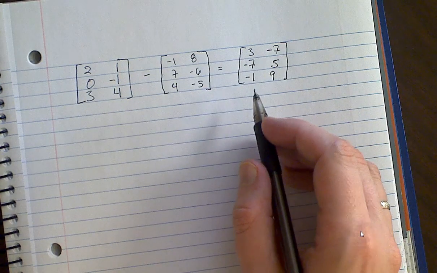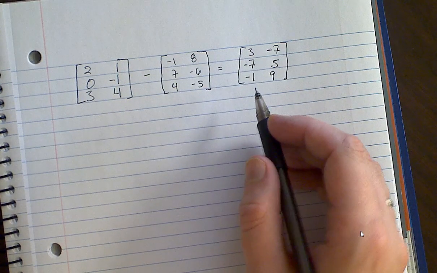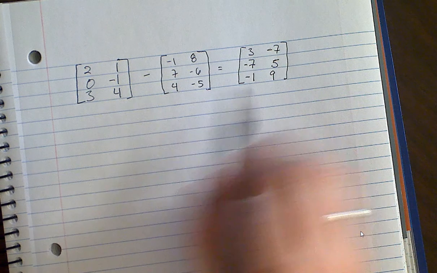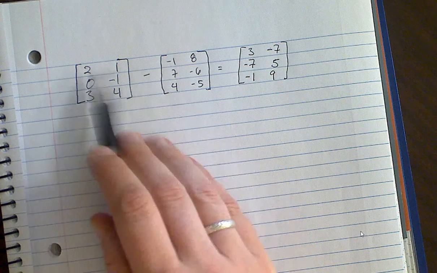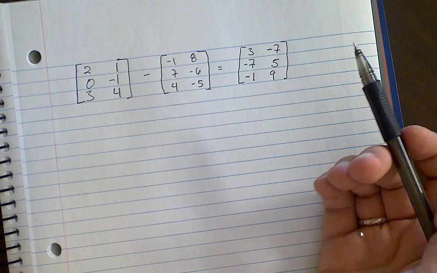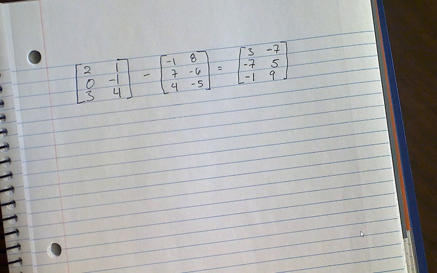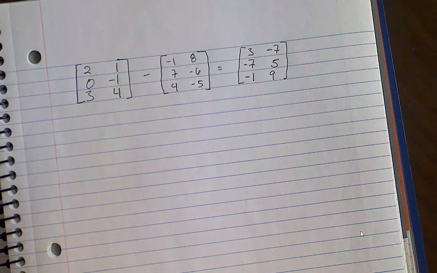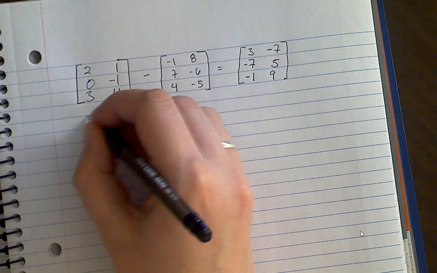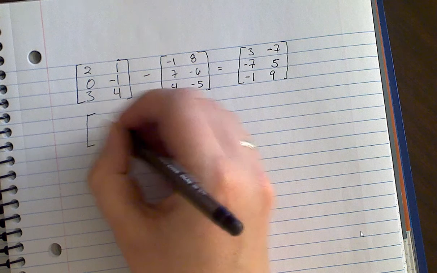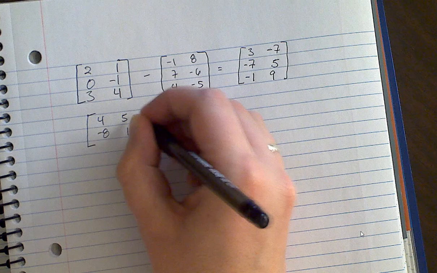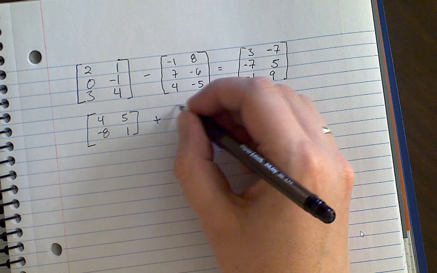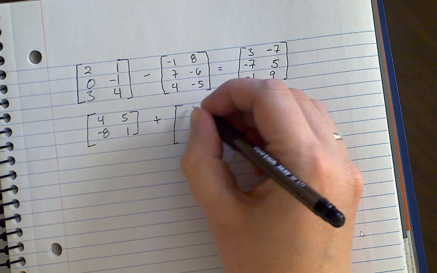So on today's assignment, what you need to do is pay attention to whether it's telling you to add or subtract the two matrices, and then add or subtract elements that are in the same place. Now, you cannot add or subtract two matrices if they do not have the same dimensions. For example, if I were to try and do, say, this matrix here, 4, 5, negative 8, 1, and I'm trying to add this to a matrix with a different number of columns,